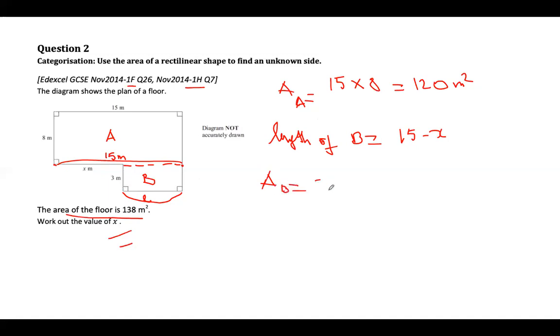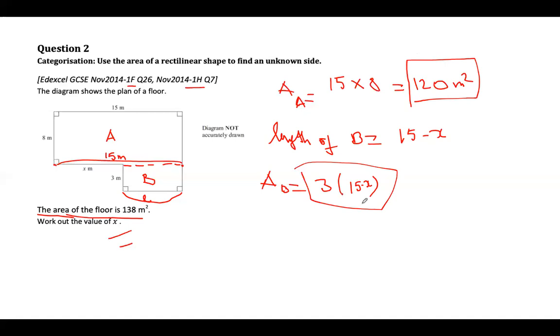Now we have the width 3 that multiplies 15 take away x, just like that. Right, so what do we have in the problem? We have the total area of the whole floor, so A plus B. The area of A is 120 square meters. The area of B is 3 multiplied by 15 take away x, in square meters again, of course. And so I'm going to add both of them: 120 plus 3 open the bracket 15 take away x equals